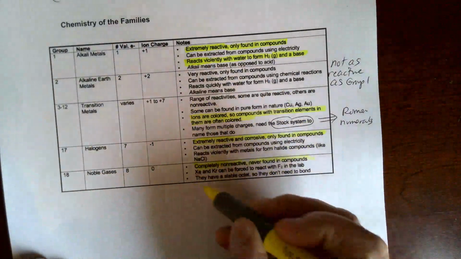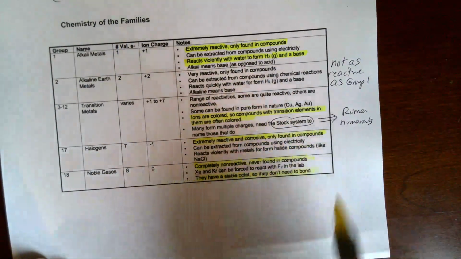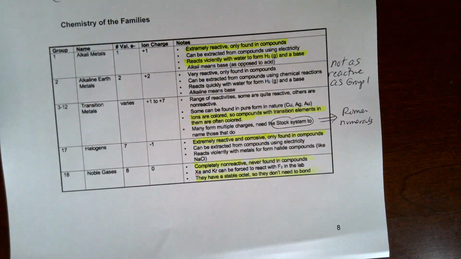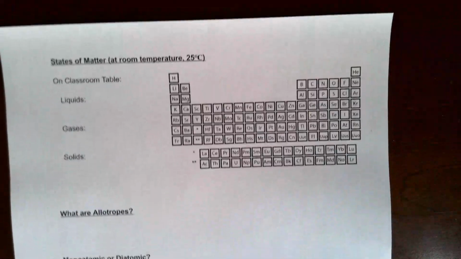They have a stable octet naturally, so they don't need to bond. Okay, so those are the important things to take away from that particular chart. All right, let's take a look at the last page of the notes, which is states of matter at room